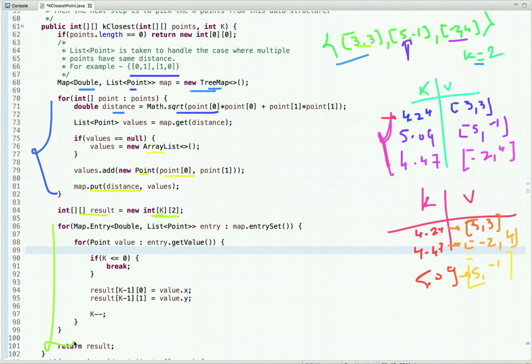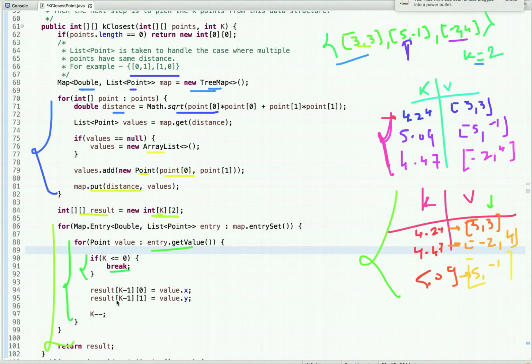Once this map is created, I am traversing its entries, and I take only k points. Every distance has multiple points, so we take its value, and we run a loop because it's a list of values, and if k is less than or equal to 0, it means we got all the points.